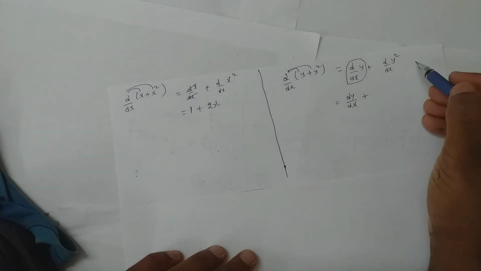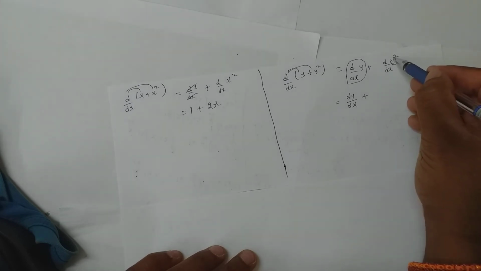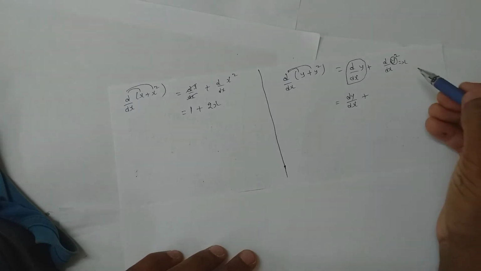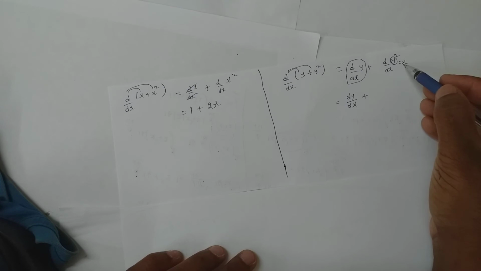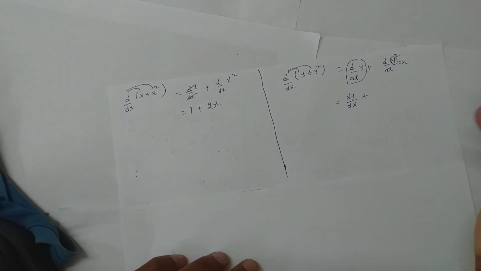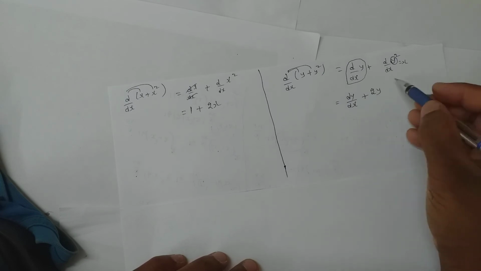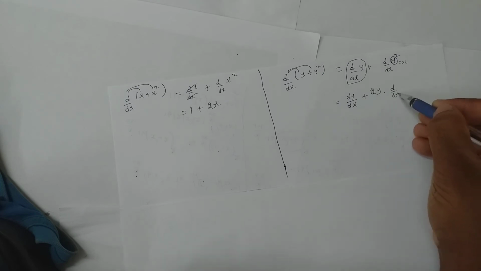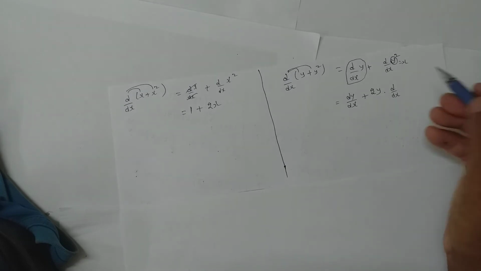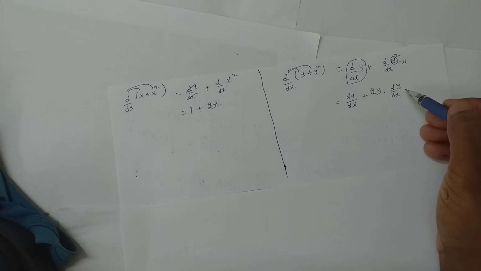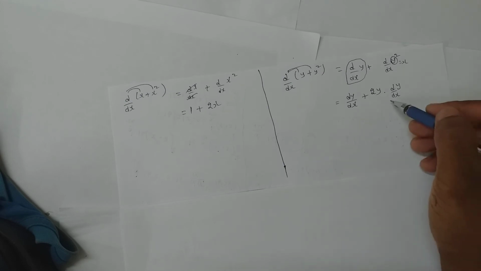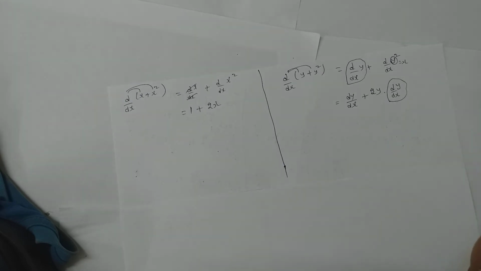This can be simplified by assuming y to be x. So in place of y, if I assume x, it is of the form x square. What is x square differentiation? 2x. So it is 2y into d by dx of whatever you have assumed in place of x. You assumed it to be y, so this is where it needs to be stopped. You should not miss this internal part differentiation.